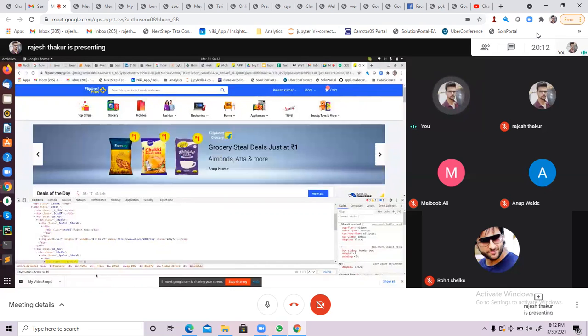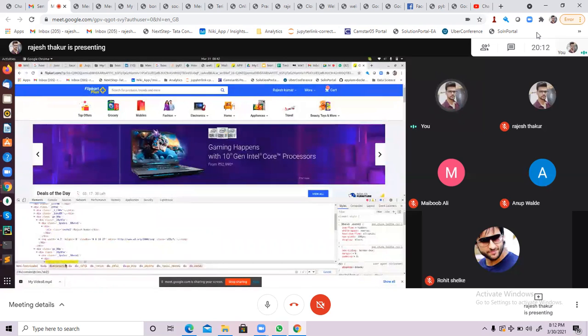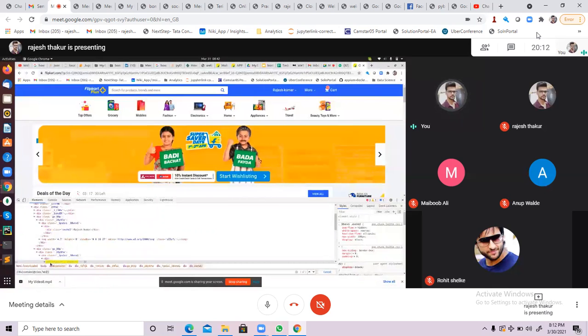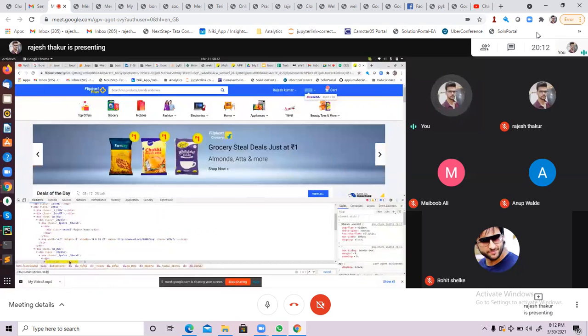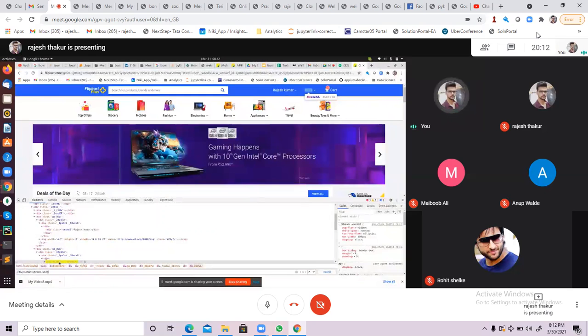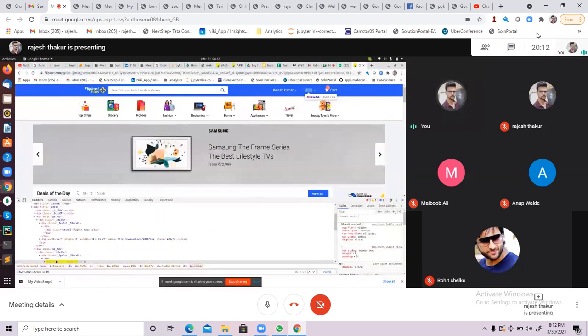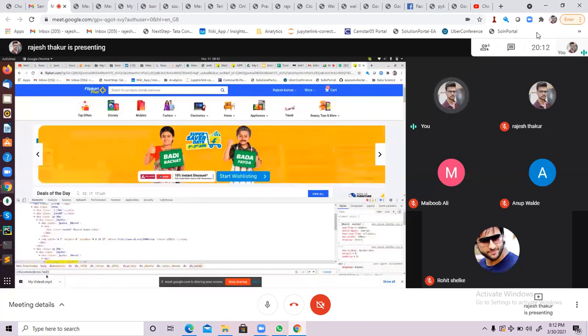Let's suppose in the attribute value we have some spaces, and as a programmer I am not aware that the UI developer has put in some spaces, by mistake or intentionally. In that case you try to inspect the element and you are not able to identify it. So in that case, the contains function is very, very important.